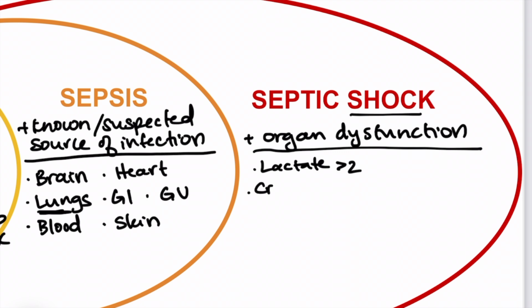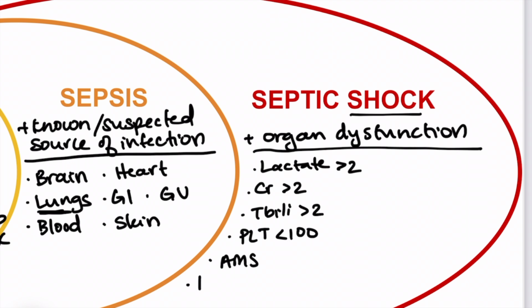It could be based off of a creatinine greater than 2, indication of kidney injury specifically. They could have a T-bili greater than 2, platelets less than 100, suggesting coagulopathy, and then altered mental status,